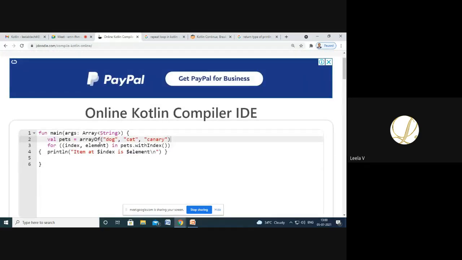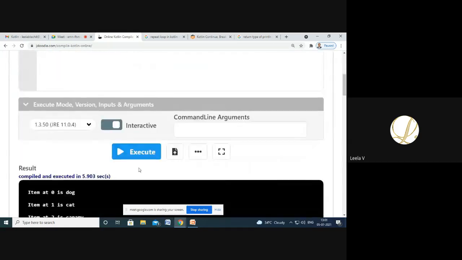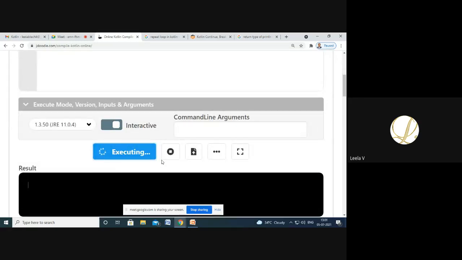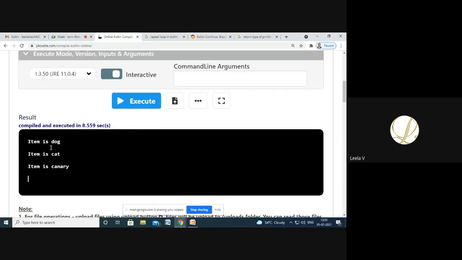If you're using just the element, it prints only the data, the elements stored in your array.